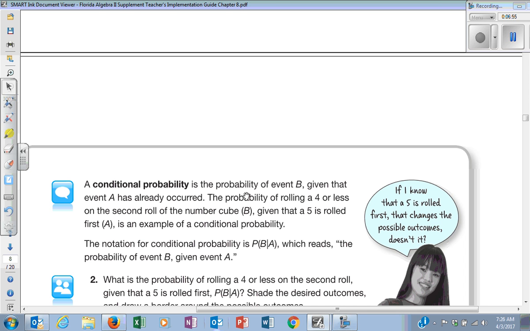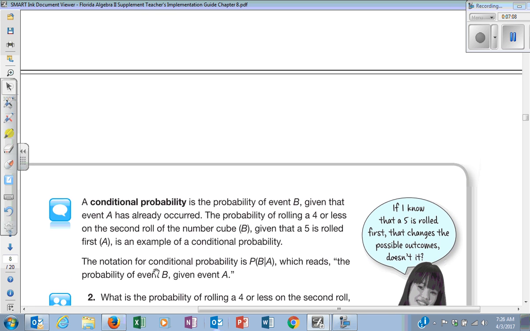So, the probability of rolling a 4 or less on the second roll, given that 5 is rolled first, is an example of conditional probability. The notation for conditional probability is this, right here, which reads, the probability of B given A. Does everybody see that? Now, this really won't affect too much when it comes to independent events,